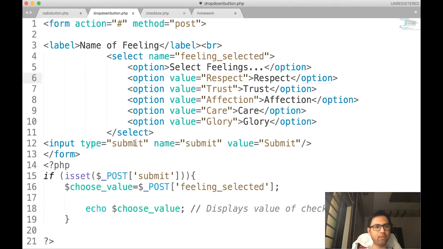Whatever you are submitting, the new thing over here is in PHP.